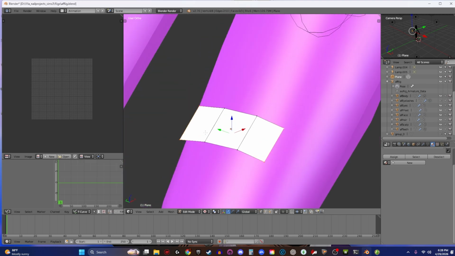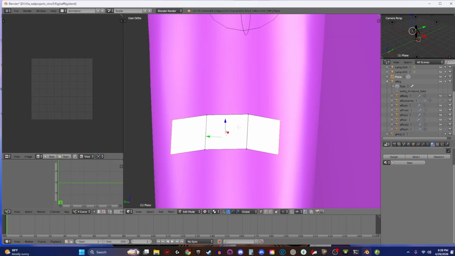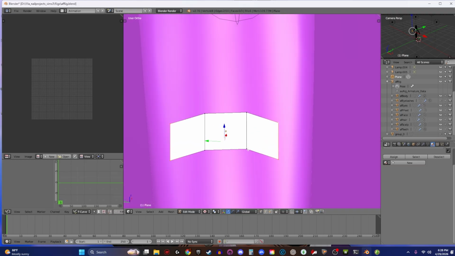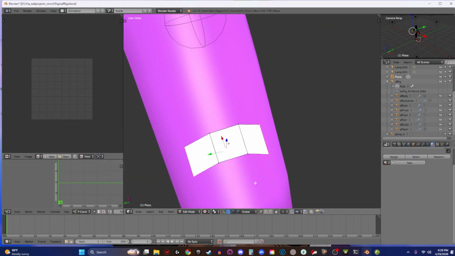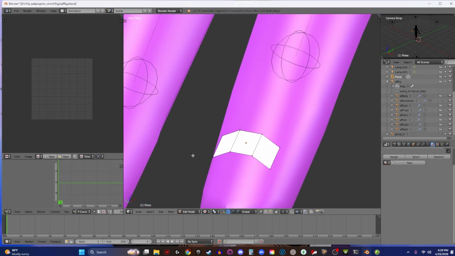So after we have selected both ends of the extruded parts of the plane, we're gonna hit the letter G, and then we're gonna hit the letter Z. And you're just gonna pull down on your mouse, and that's gonna bring it down. Okay. I'm also gonna hit scale, and we're gonna scale it on the Z axis as well. Right now I'm just playing with it because you're gonna have to take the end of this and pull it